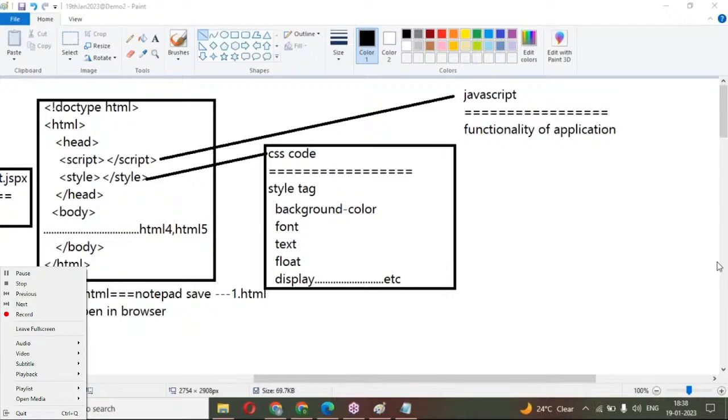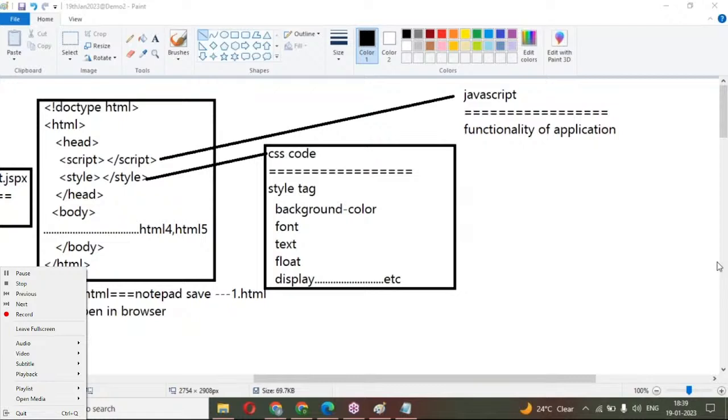So first few days I'll go with the HTML4 topic. After that I'll go for CSS2. My order of teaching will be like that. First few days I'll go with HTML4. After that I'll go for CSS. In that CSS2 I'll explain border, background, all related CSS properties. Next, after that I'll move to the